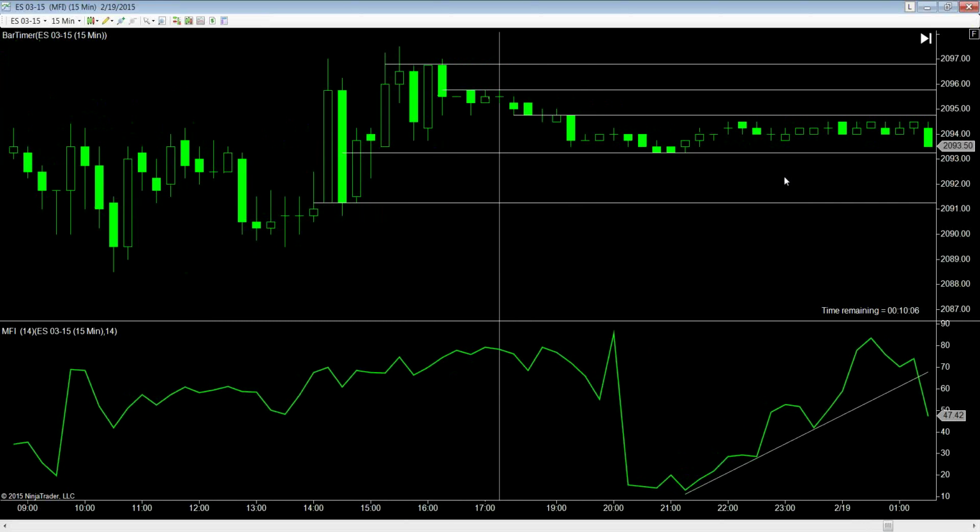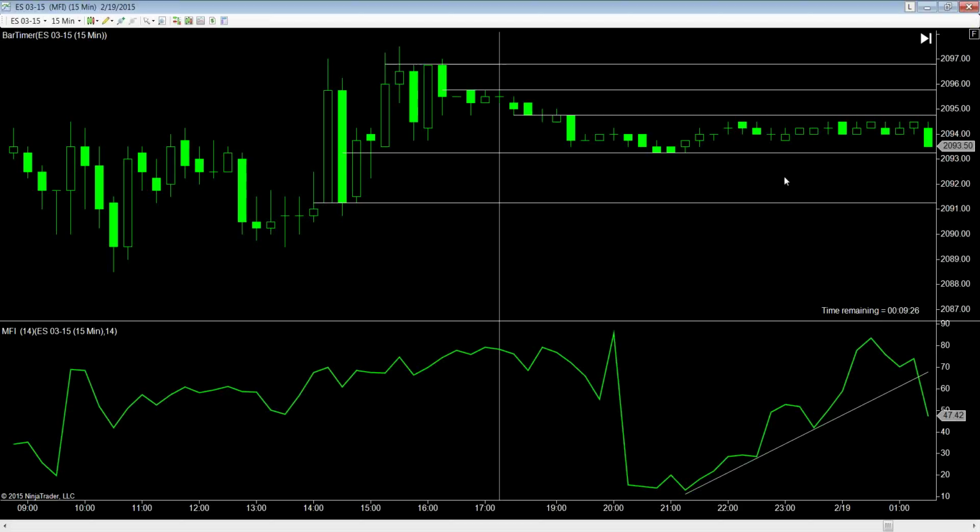The real value of the majority of indicators, the majority, is their ability to lead, to predict future directional prices. We need to look at indicators that are proven, time proven, that have predictive abilities, but with a high degree of accuracy. Now what we're seeing here is the violation of the trend line to the downside, but yet the